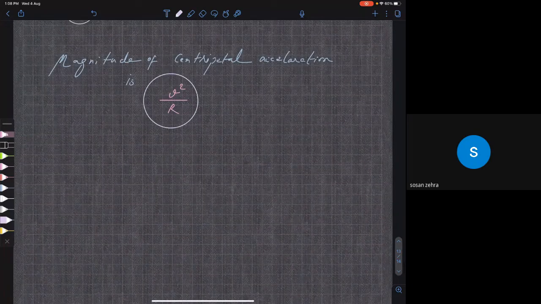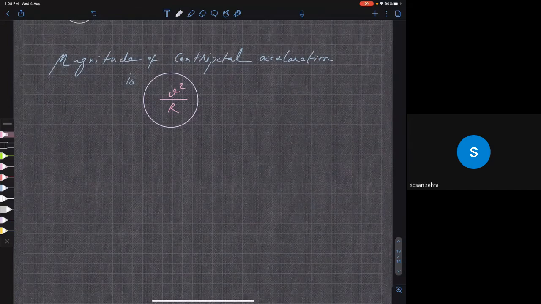M into V square by R. Yes. Now here I can write, therefore,